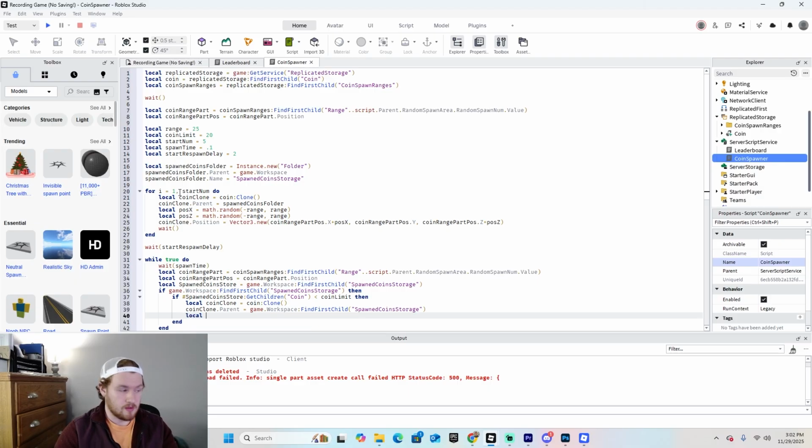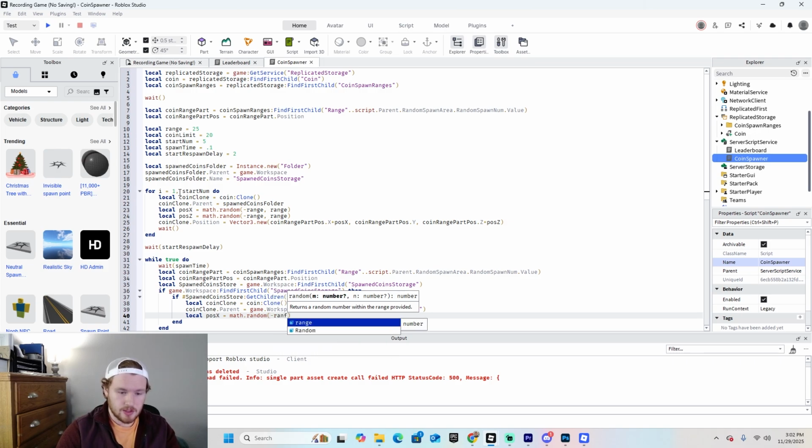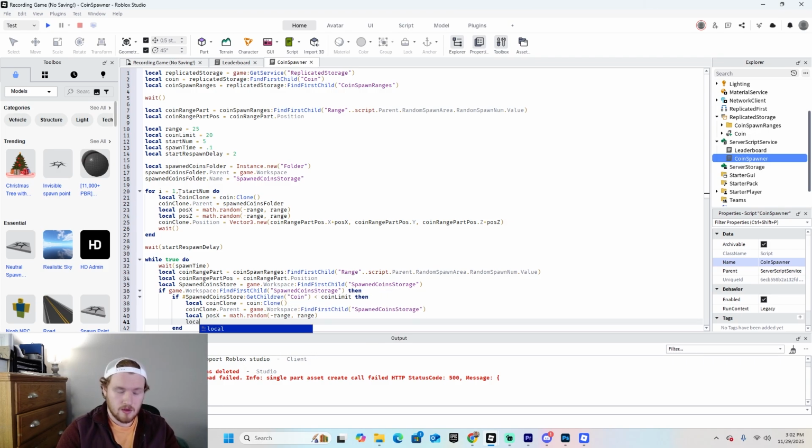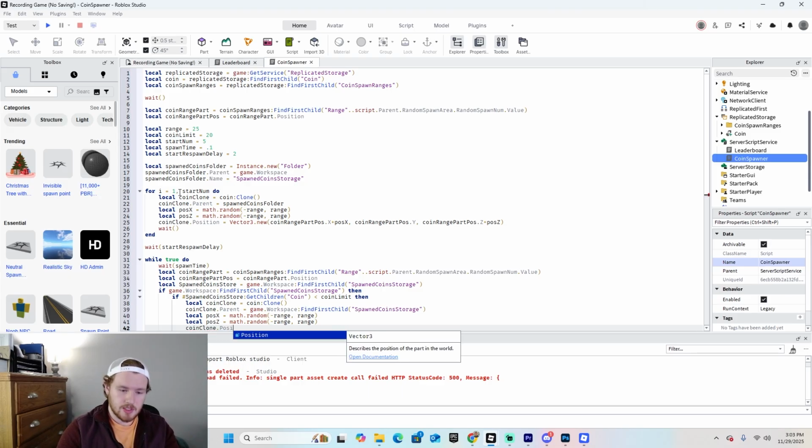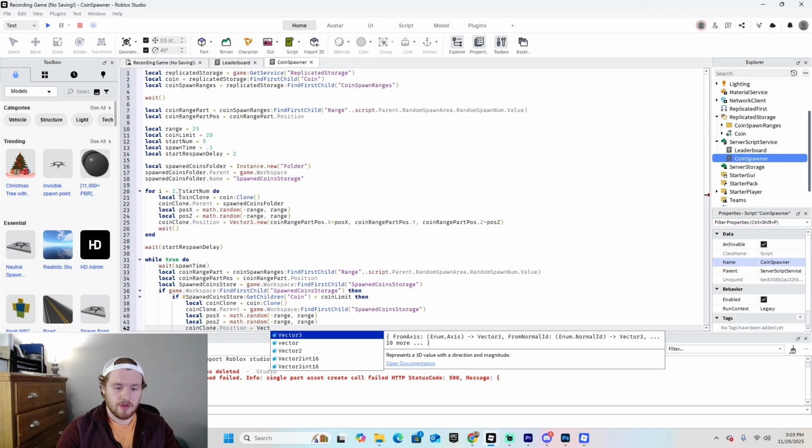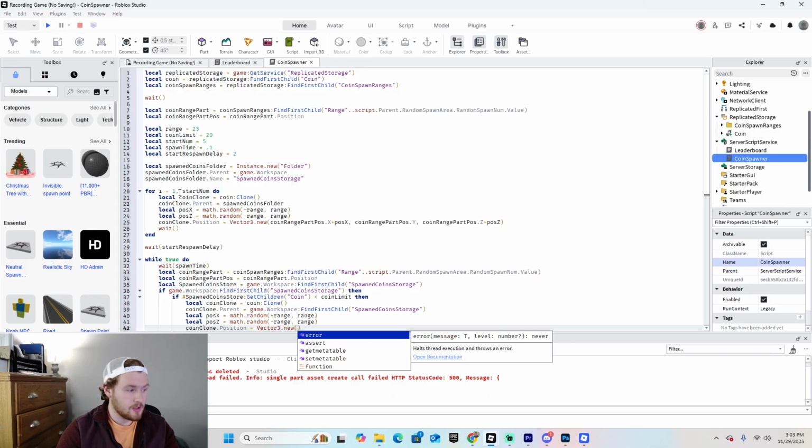Then local pos x equals math dot random, then we'll do negative range positive range. Local pos z equals math dot random negative range positive range, then coin clone dot position equals vector 3 dot new